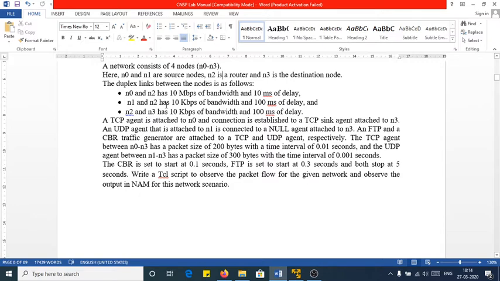And it is given how to connect them. It is by using duplex links. You need to connect them by using duplex links with the respective capacity of bandwidth and delay, as you will have to connect N0 and N1 to N3 via N2,